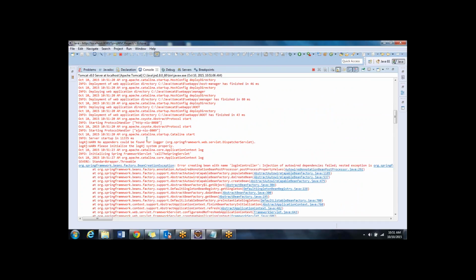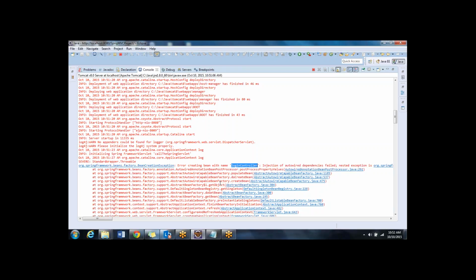The server has started and it is trying to read our project. The dispatcher servlet is trying to do a bean creation. Now see here, it is creating a bean with the name login controller. Do you remember the concept, team? Just now I explained a concept: